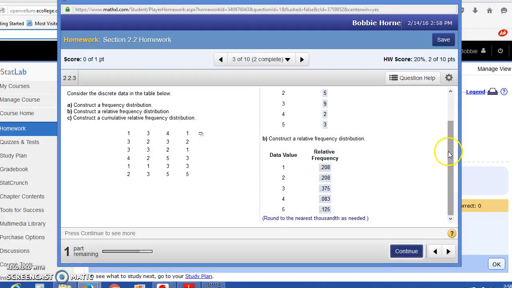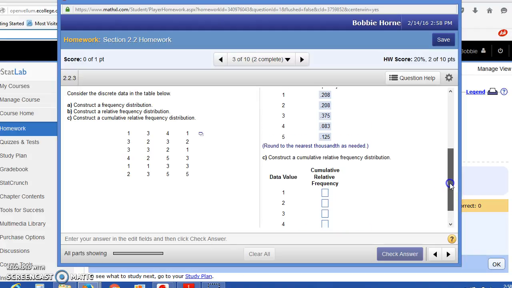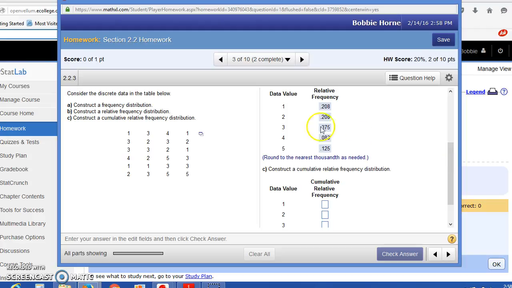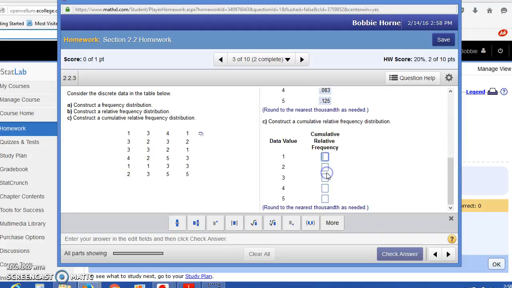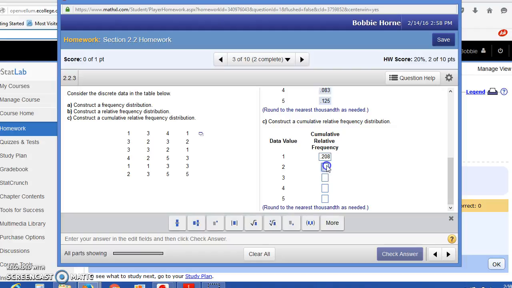Okay, now for the last part is the cumulative relative frequency. So notice the word cumulative, that means it accumulates. So we start with our first relative frequency and we just keep adding as we go. So for number 1, the data value 1 is going to be the same, 0.208. Okay, and then you're going to add 0.208 to it, so that would be 0.416, and then you're going to add